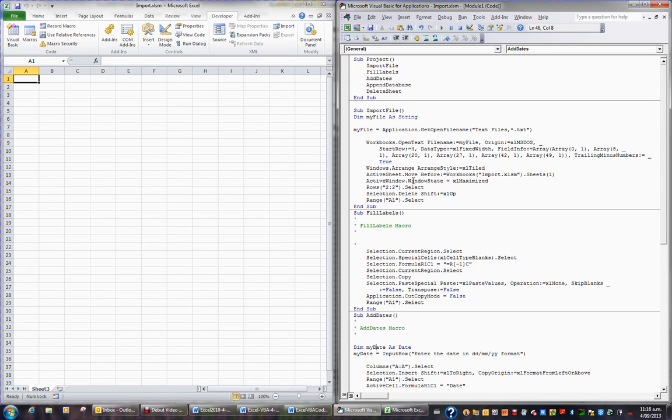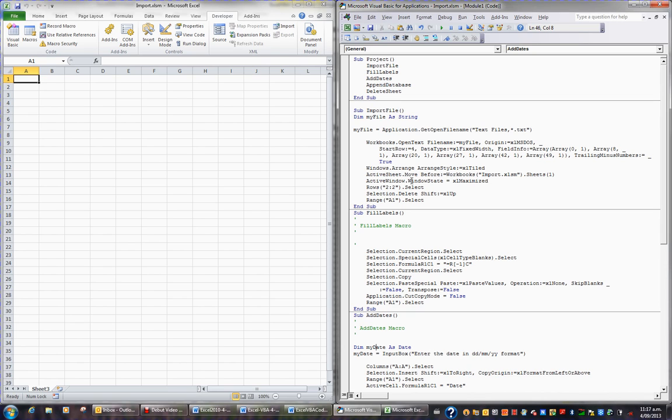So when you declare a variable, you put dim, whatever you want to call it, and then as, and whatever it contains. It can contain a byte, which is a number between 0 and 255 with no decimal places. It could contain a currency, so I could have dim my salary as currency, which means that my salary is expected to contain a monetary value. You can declare something as a date, you can declare something as a string. If you don't declare a variable, it will default to a variant, which is very inefficient and can cause problems